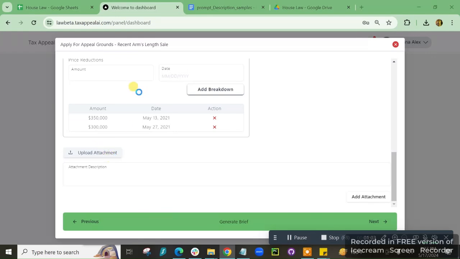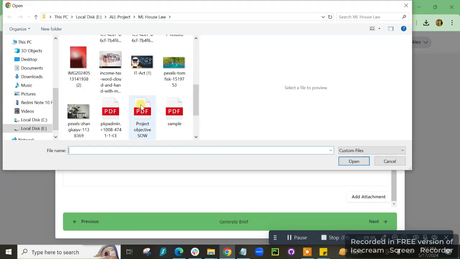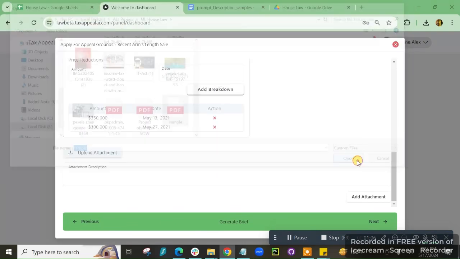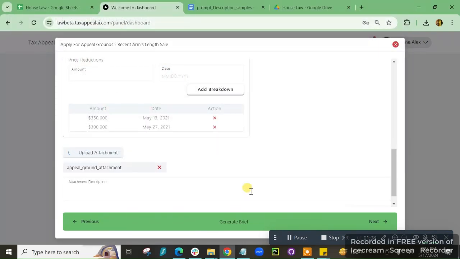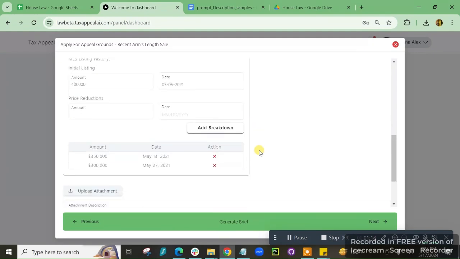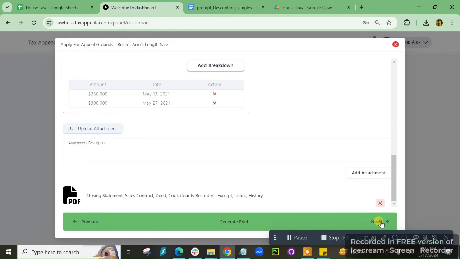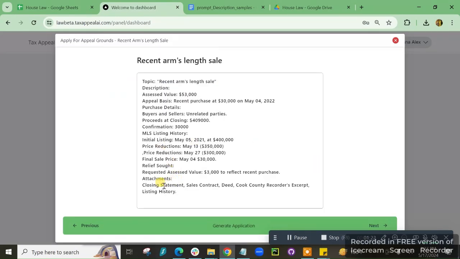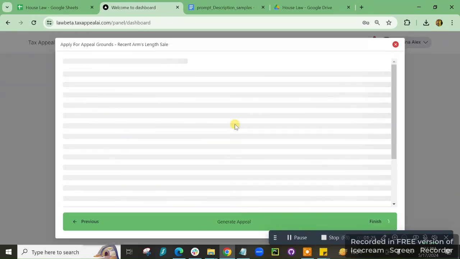And we're also going to be uploading any attachments that are relevant. And you can also add the description for these attachments as well. Now we're going to click on the next button. Oh, sorry, you have to first click on the add attachment button. And you then click on the next button and you get all the information over here for the recent arm's length sale. Click on the next, and here you're gonna get the text editor